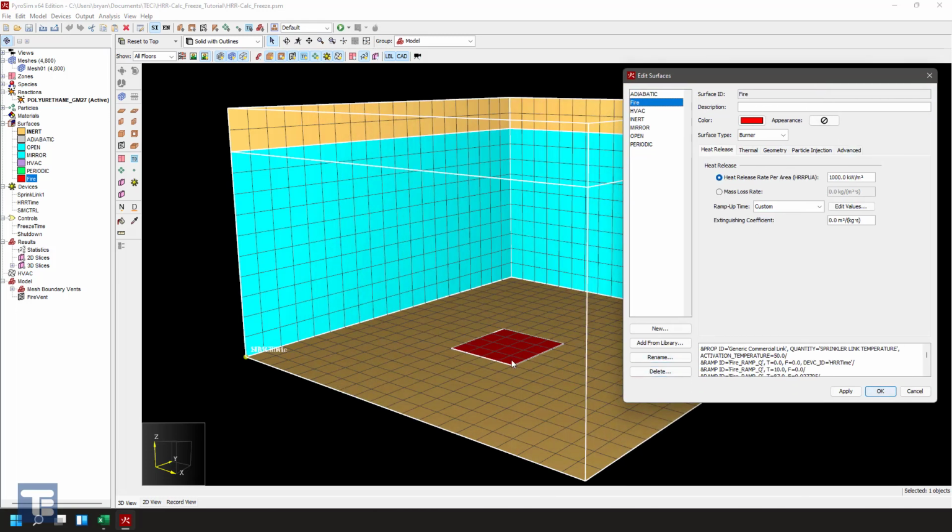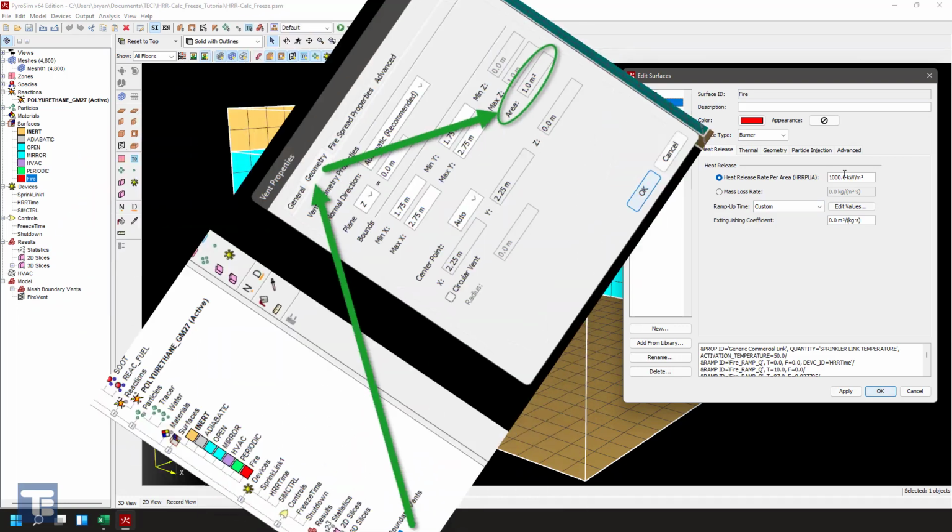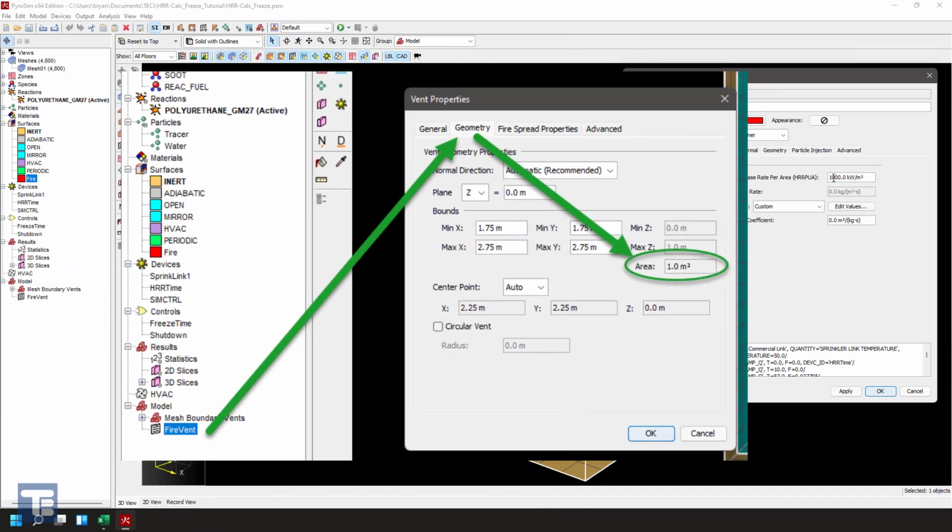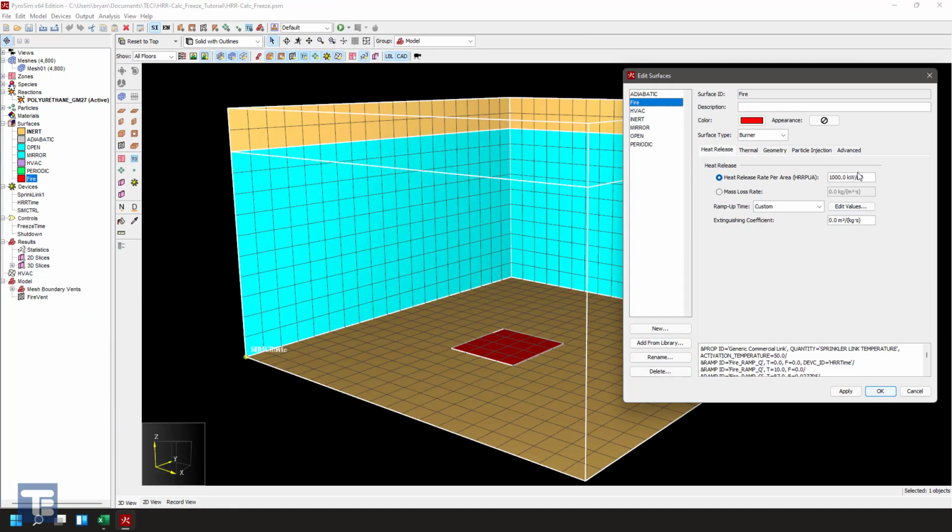Depending on the area of your vent, you may have to scale this value to get the proper peak heat release rate that you want. The tools that we have assume the peak heat release rate as it is, at whatever kilowatts it is. But this number is normalized by area. So you're going to have to make sure that you scale this number based on the area of your vent and not just use, if I say, for example, my peak heat release rate is 500 kilowatts in the model,